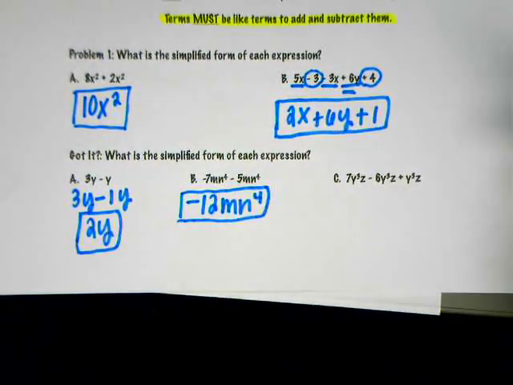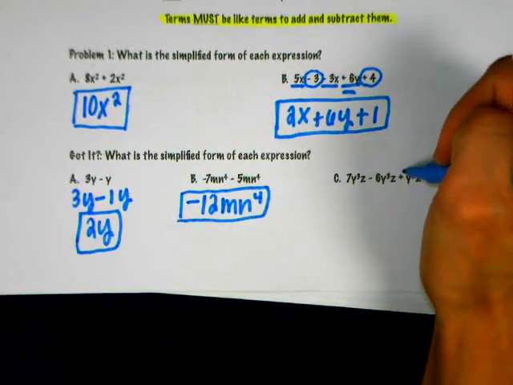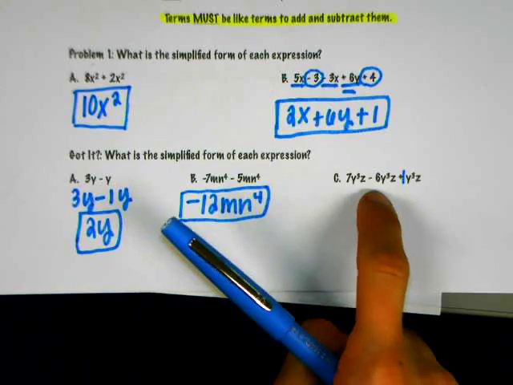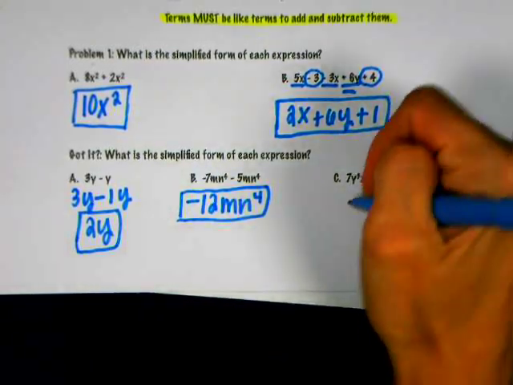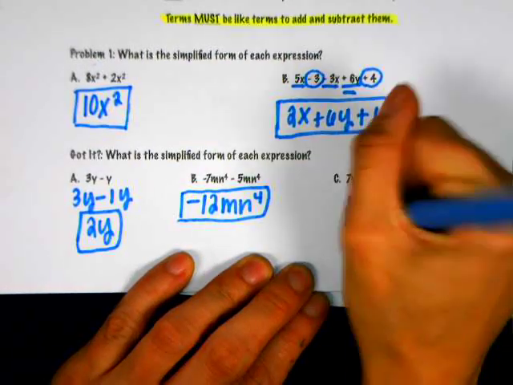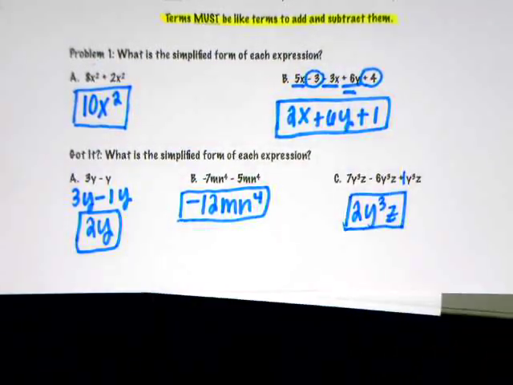And then C, we have three things. Remember, this one counts as 1, a plus 1. So you're going to do 7 minus 6 is 1, plus 1 is 2. So you'll have 2y to the third z. All right. Next up